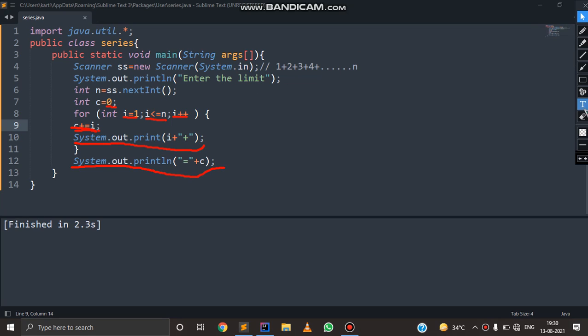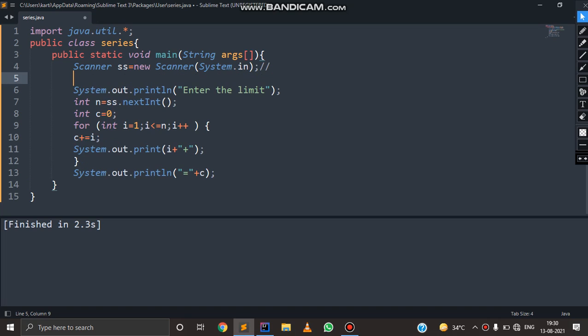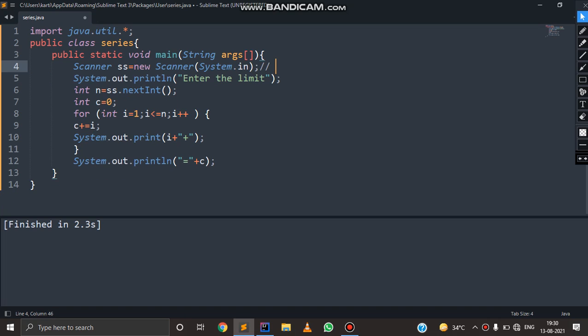Now I am going to create another series of numbers. If the user has entered 5, then 1 plus 11 plus 111 plus 1111 plus 11111.